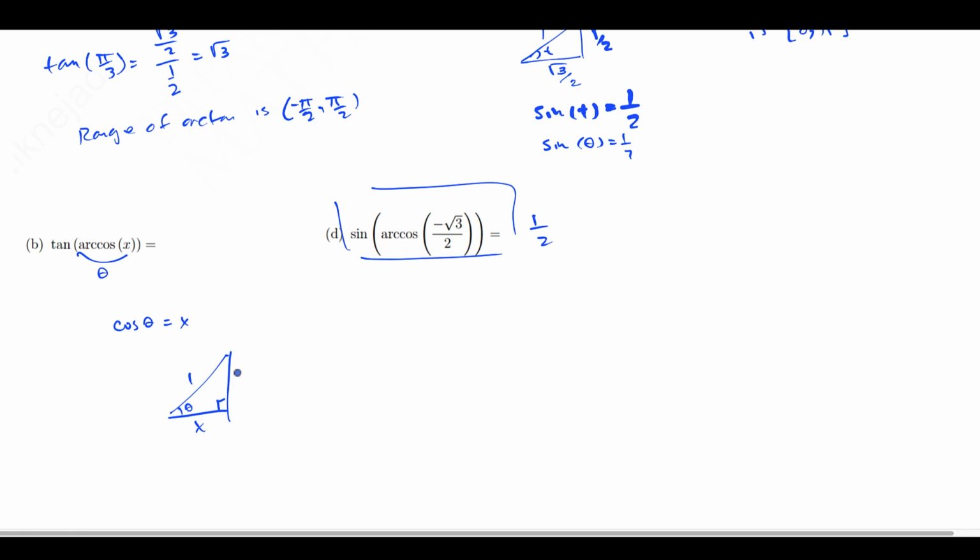Remember, the opposite squared plus x squared is equal to 1. So opposite is square root of 1 minus x squared. And therefore, sine of theta is square root of 1 minus x squared over 1. And I can replace it back into here as